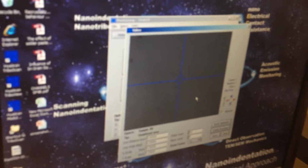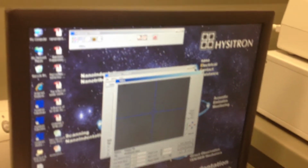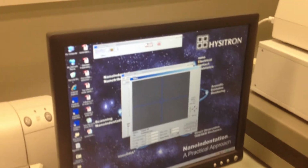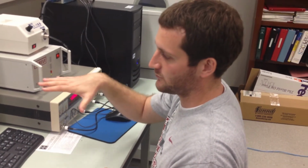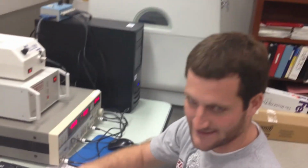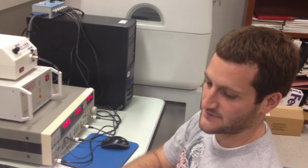Can you tell us what's going to happen if we change the zoom factor? Yeah, if you change the zoom factor from the optics calibration, it's going to lose its sense of where it is in Z, because you will be zoomed in closer or further away, and so the machine won't really remember where it is in the Z axis. So if you try to then start a procedure in which you're putting indents down, it's going to step towards the sample, but it's not going to know when it's actually finding that sample, and it might run into it before it thinks it should, and then you're going to sense some excessive force